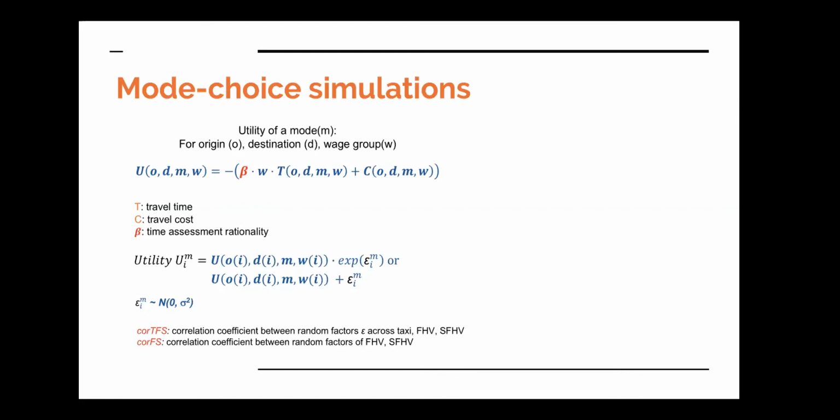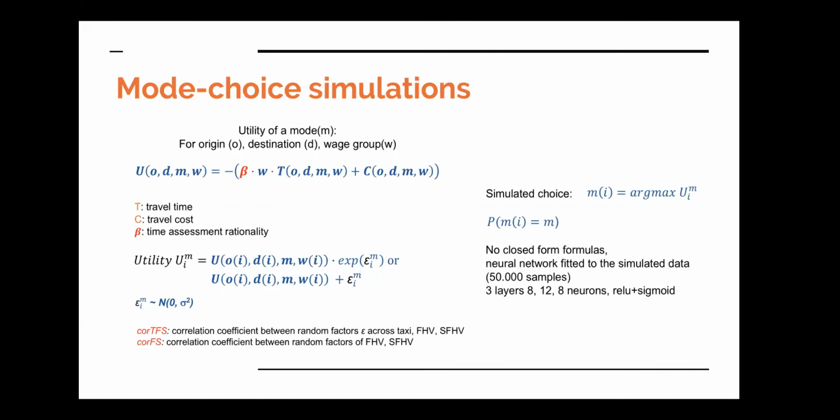So now, if we have the parameters of the model, and the parameters for now are beta, the variance of the random terms, and also the correlation factors between them, we can simulate the individual choices, individual utilities for each transportation mode, and then the choice is simply based on the highest utility or lowest cost, lowest negative utility, which can also lead us to assessing the probabilities for a given population group to choose each transportation mode. Unlike classical multinomial logit setting, in our more flexible simulation framework, we might not be able to arrive at closed form expressions for those choices, but actually it's not a big deal for us